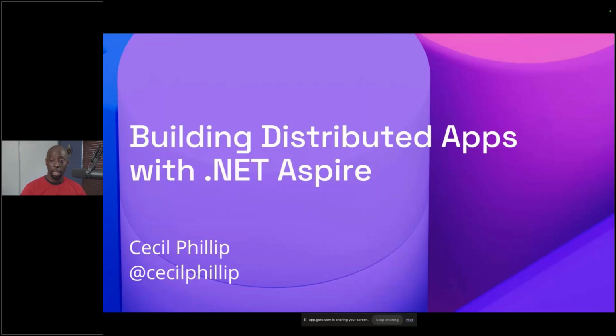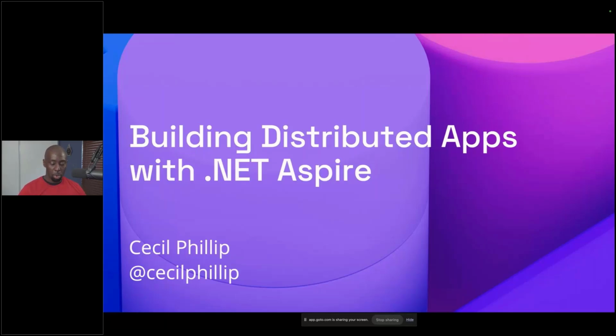But what we're going to do today is I'm going to go through a little bit of how we got here, right? How did we get to this state, and then talk a little bit about what Aspire is and how it helps solve some of the problems that we have today. And then obviously there'll be some demos and, again, hopefully you'll be able to get your questions answered and get a better understanding about what exactly .NET Aspire is. So with that being said, why don't we go ahead and kick it off?